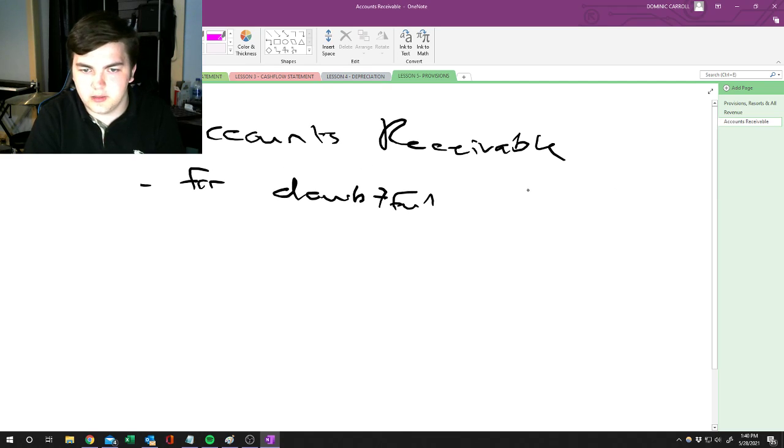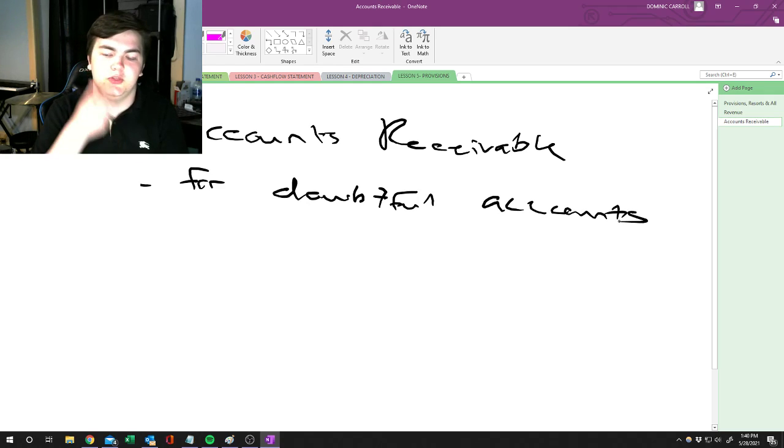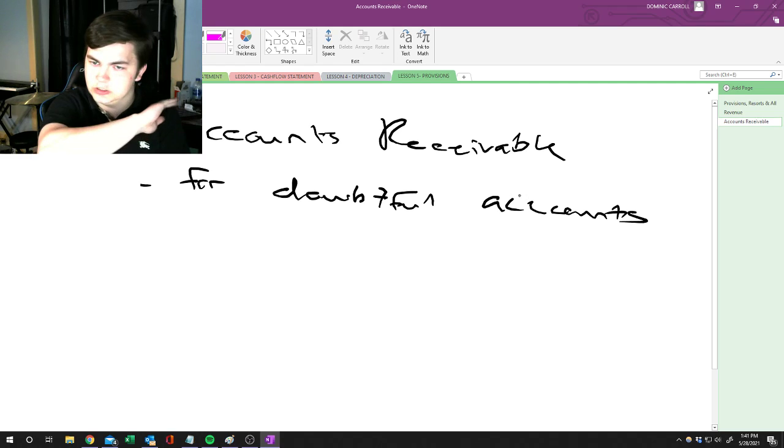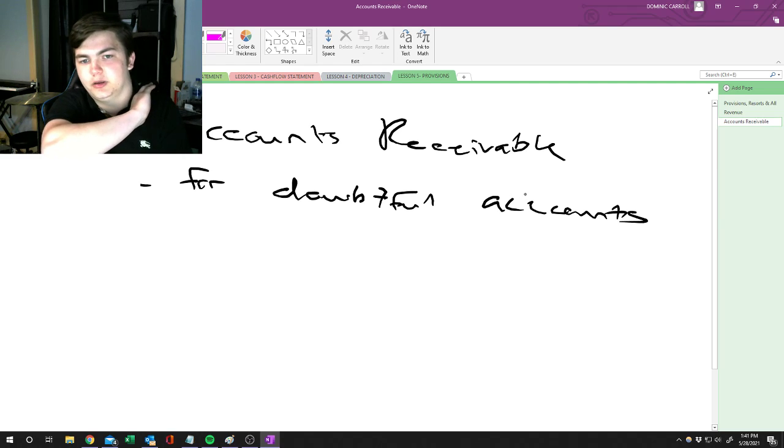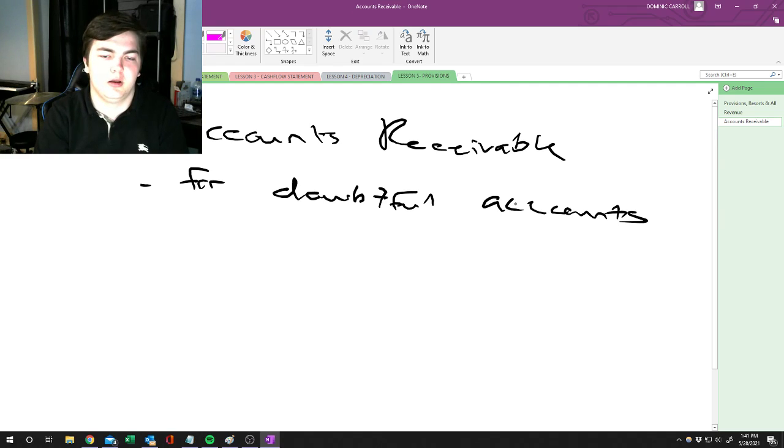Essentially, allowance for doubtful accounts is a percentage of liabilities that the company expects to go completely bad, for the creditee to completely default, and it'll be an expense to you as the creditor. You actually won't receive the cash. It's important to know that this allowance for doubtful accounts is known as a contra asset.